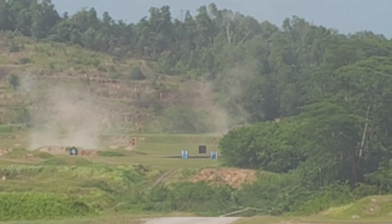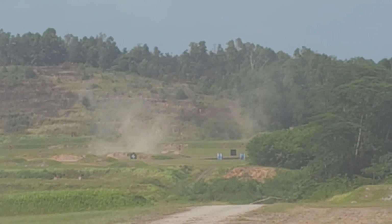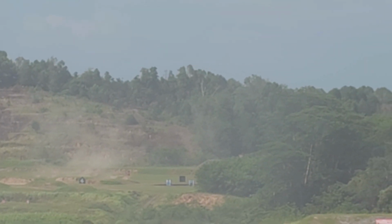We have just witnessed the precision and coordination of our Hunters. Now, they will perform a rapid fire to showcase their firepower and destroy all remnant enemy forces. You may direct your attention to the